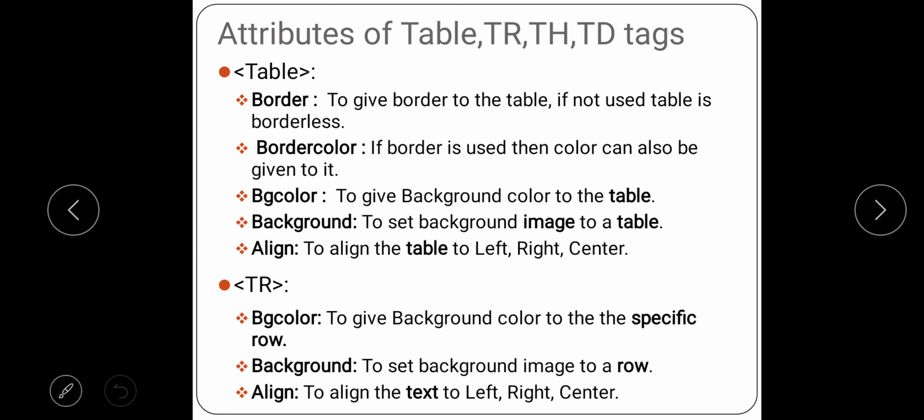So the next tag we will look at is the tr tag. Now this tr tag has some attributes similar to the table, right? So first is what? Bg color. Bg color is the background color. Obviously bg color will be added to only the row now, not the whole table. If you are using this attribute with the tr tag, it will have the background color only for that particular row where it is used. Similarly with background, only the background image will be there for that particular row. And last, align. Left, right, center. The text of that row will be aligned according to the value.